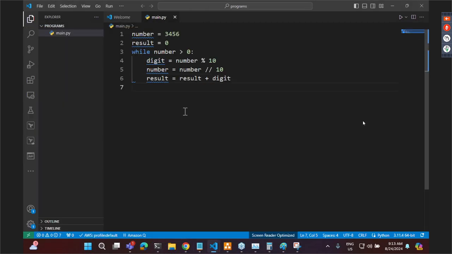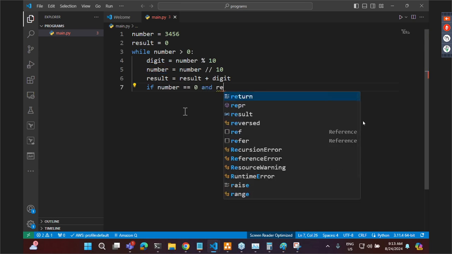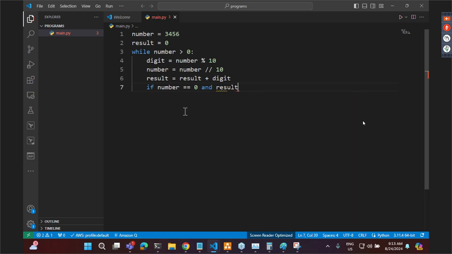And finally, if number is equals to 0 and result is greater than 9, so then in the number pass result, in the result make 0 and then